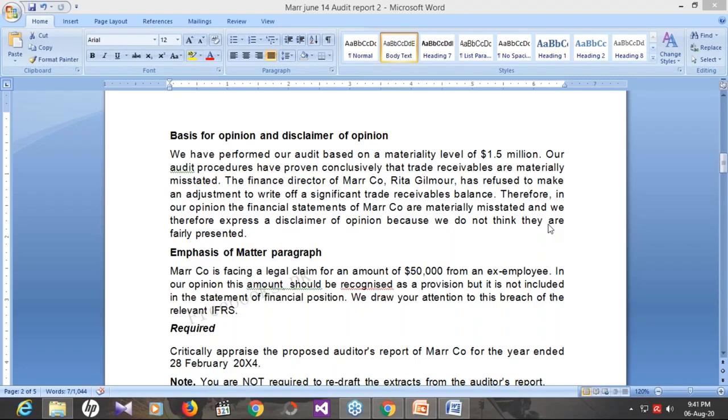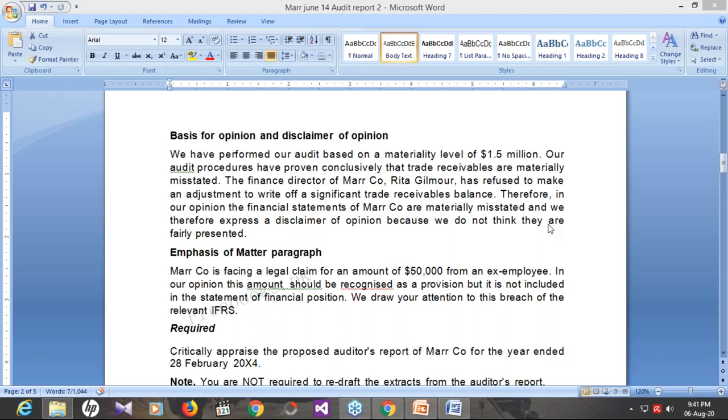When other matter paragraph is included in the audit report, is it considered a qualified report like we do in the case of EOM? No. Other matter paragraph, emphasis of matter paragraph, other information paragraph and material uncertainty paragraphs: if the auditor includes one of these paragraphs, the audit report is going to be modified, but the opinion will be unmodified. This means the financial statements give a true and fair view, but there is a matter that the auditor needs to discuss with the shareholders and he has included it in his audit report.